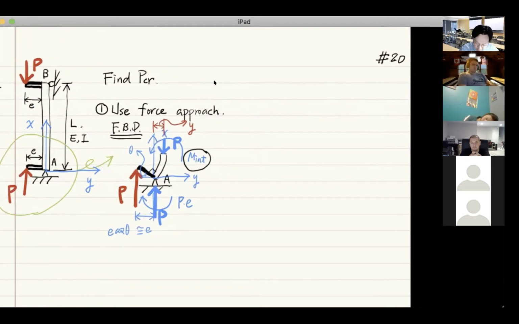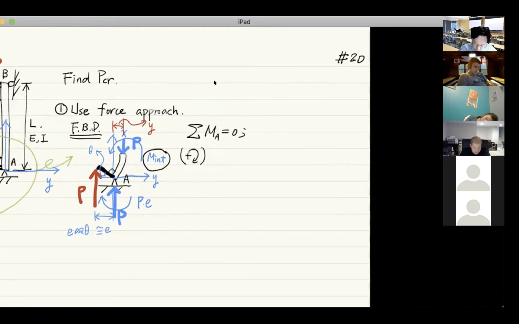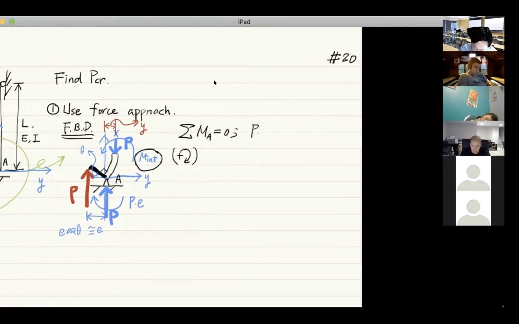So we can take the summation of moment equilibrium, and depending on which direction you want to let be the positive direction, but that, as you know, doesn't really matter. Suppose we say that clockwise is the positive direction. So in order to sum up everything, the moments we have, first one is P times E, that's positive, plus P times Y,